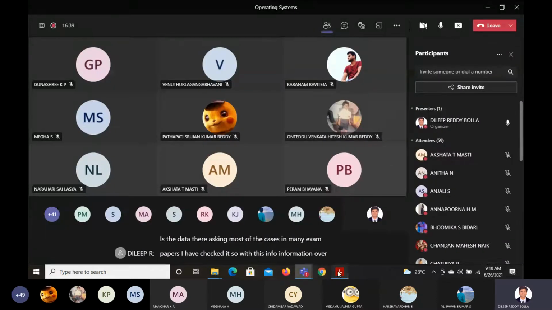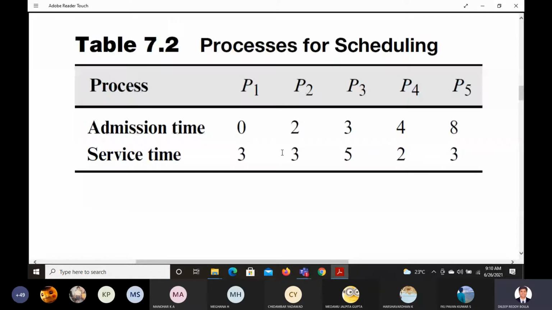With the data we have here, this table, this is the question 90% of the case. But they can change anywhere, right? So let us say I want to replace from here 2, I'll make it 3 here and 2 there, and I'll change 5 here to 3 here. So you all should know it, okay? First thing is you practice this part, and if any changes also you should be ready to do it. 90% of the problems are given with this data only.